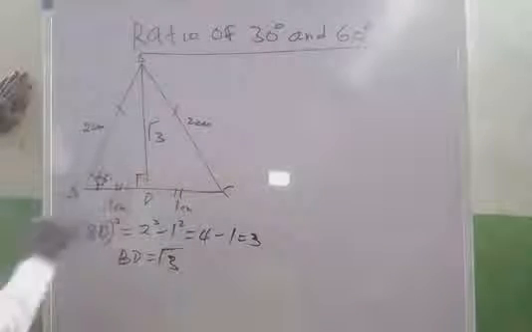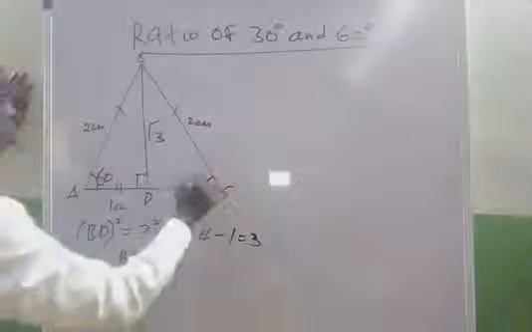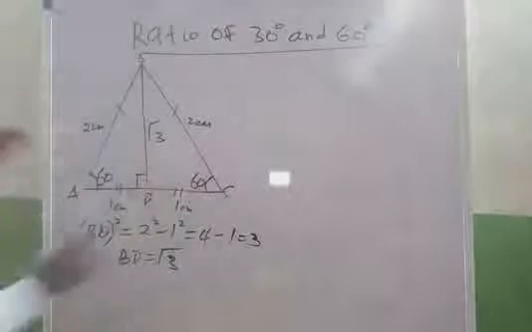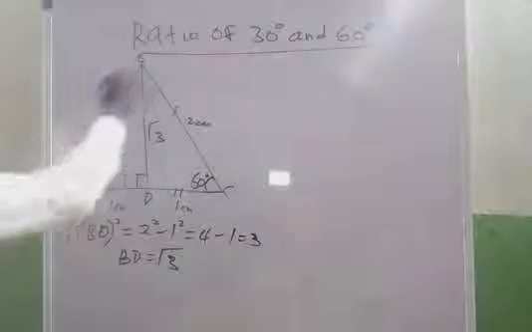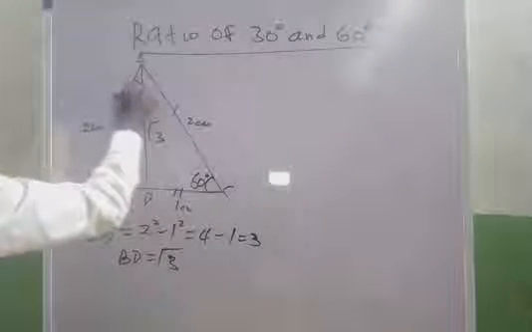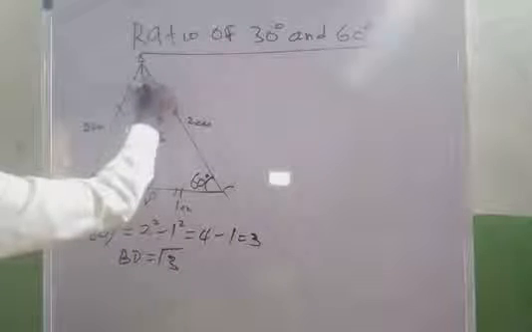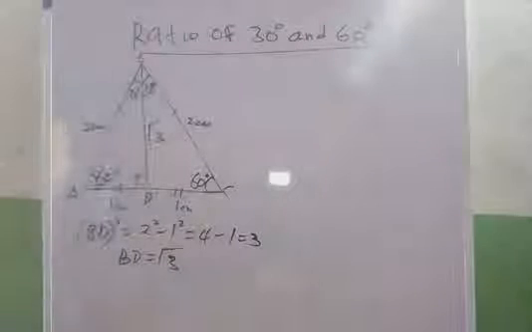Remember, an equilateral triangle has all the angles equal. Here is 60 degrees, here is 60 degrees. Here is 60, here is 60. And since we divide this angle into 2, here will be 30 degrees, and here will be 30 degrees. Now,